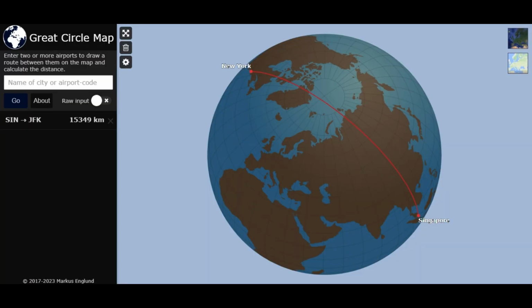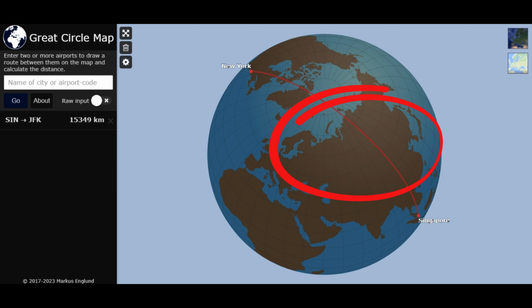And the final flight I'm going to look at is what is known as the world's longest passenger flight, which is Singapore to New York, done by Singapore Airlines, which the normal Great Circle route would take straight north over Russia and the North Pole and approach New York directly from the north. Now, again, due to political considerations, that route is no longer viable. So instead of about a 15,000 kilometre Great Circle route, they now take around about a 17,000 kilometre route, avoiding some sensitive areas of the world.